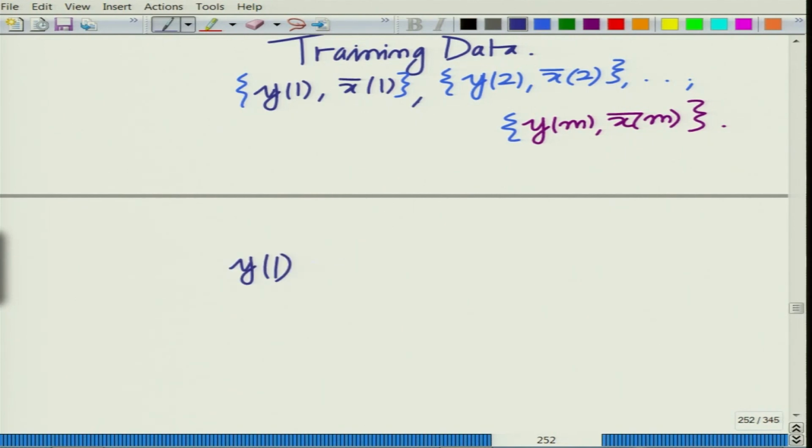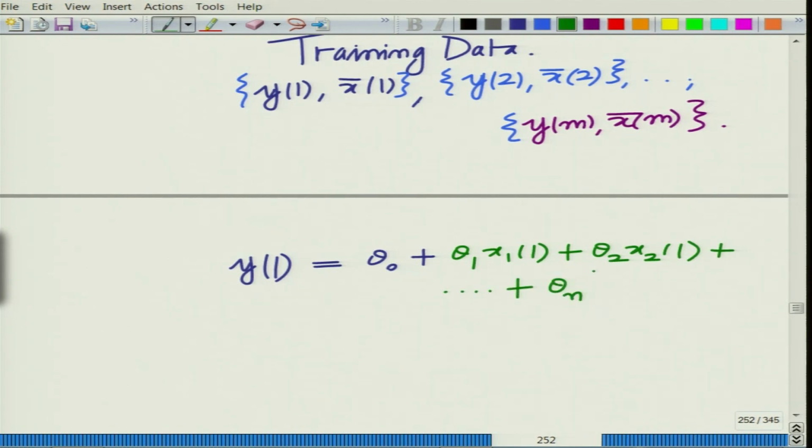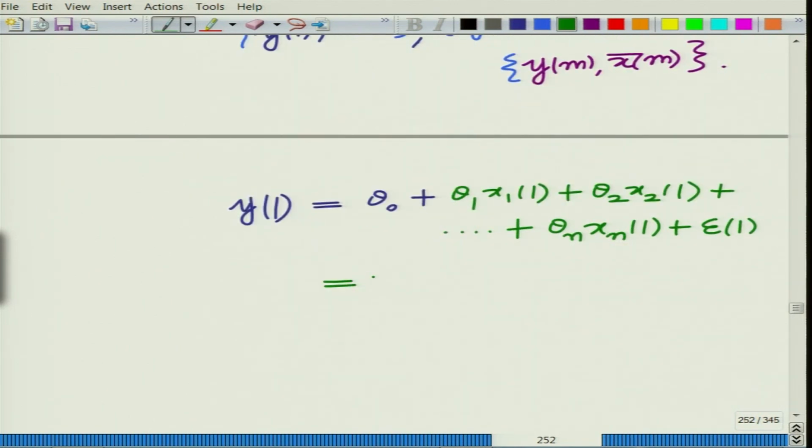So, I can write y1, the first training vector, as theta naught plus theta 1 x1 1 plus theta 2 x2 1 plus so on and so forth, theta n xn1, plus the error,